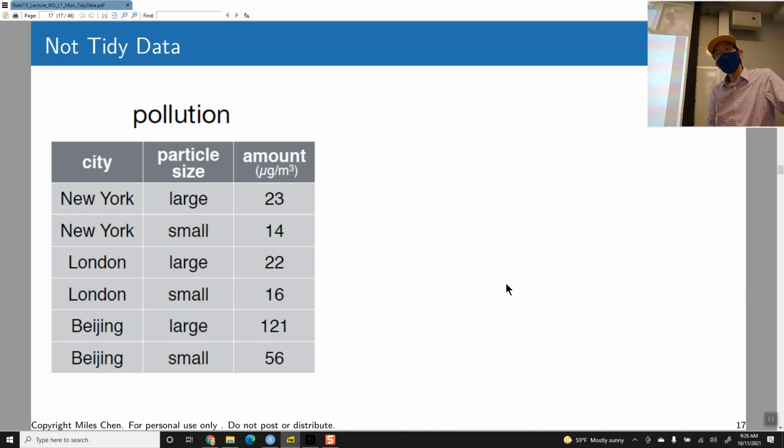Someone could argue that this is tidy as it is. But perhaps there's another form that we could use, okay? What do we have here? We've got,